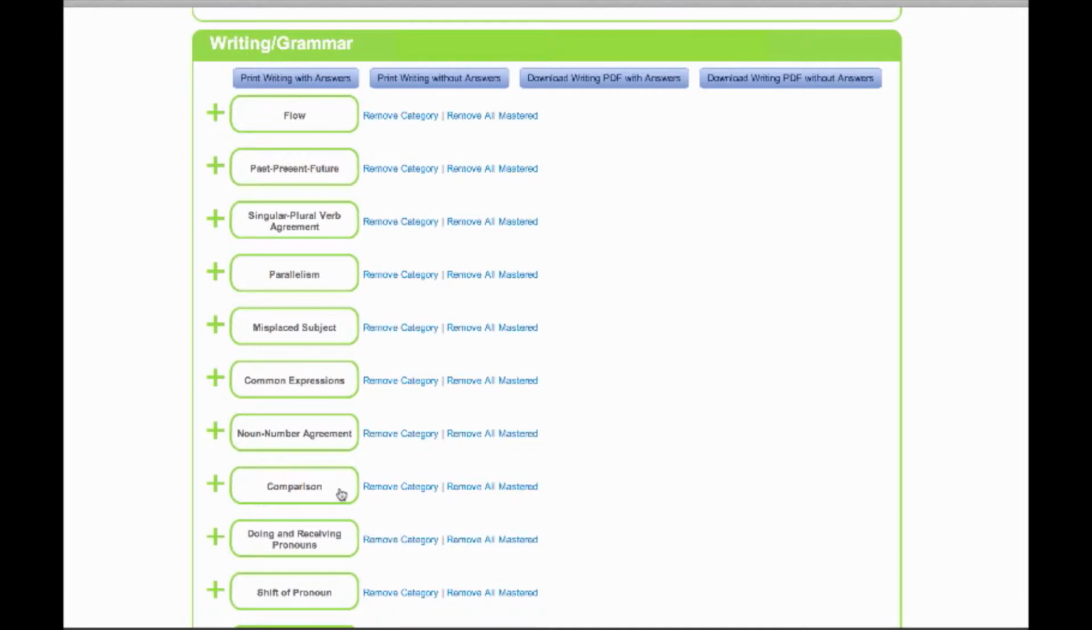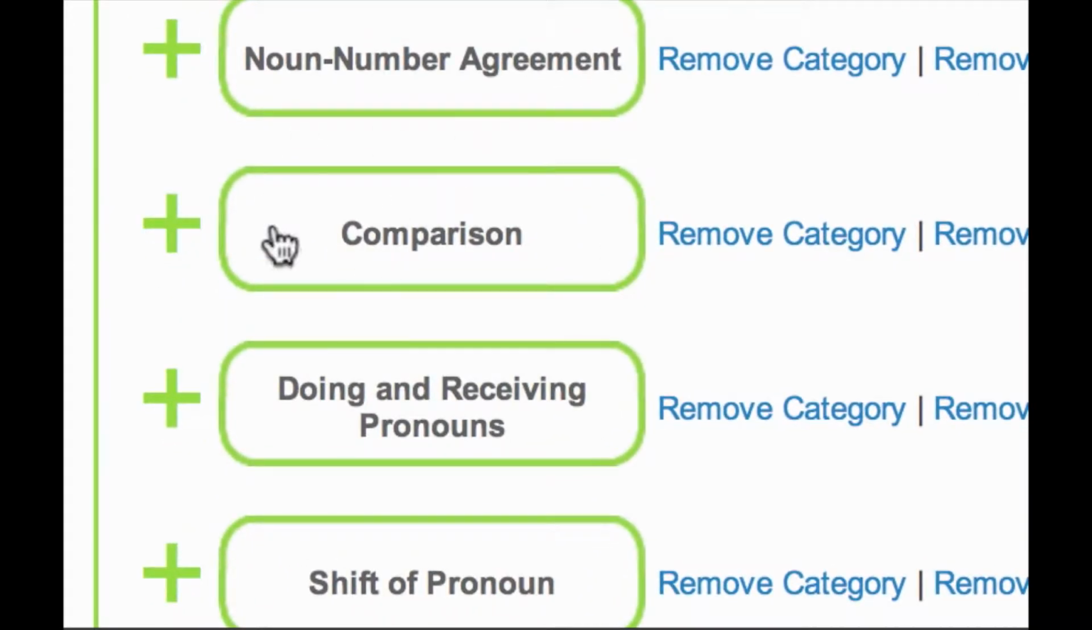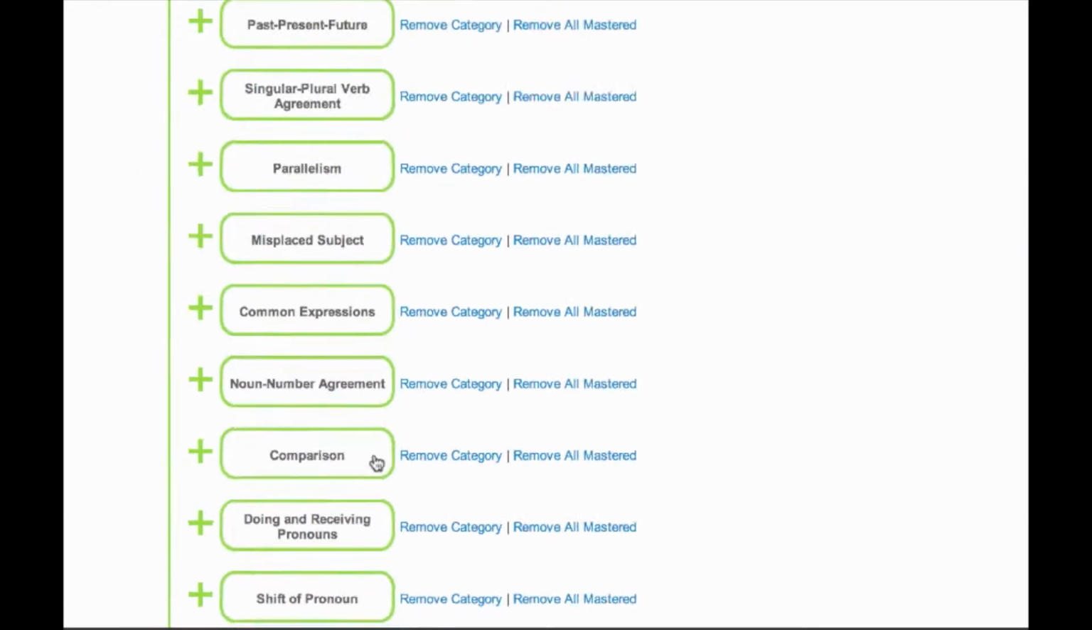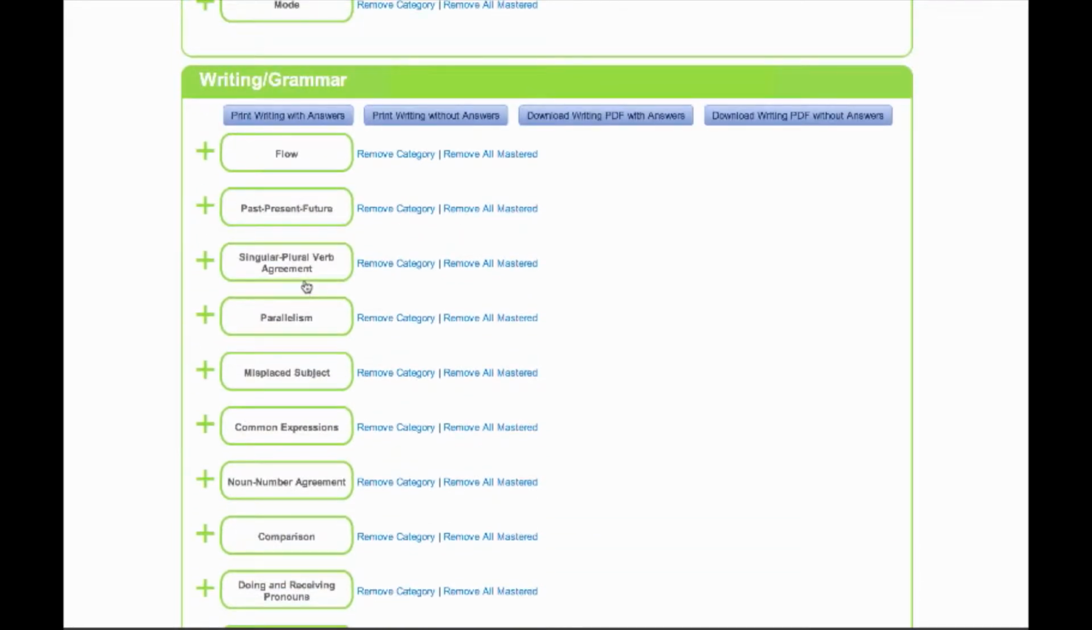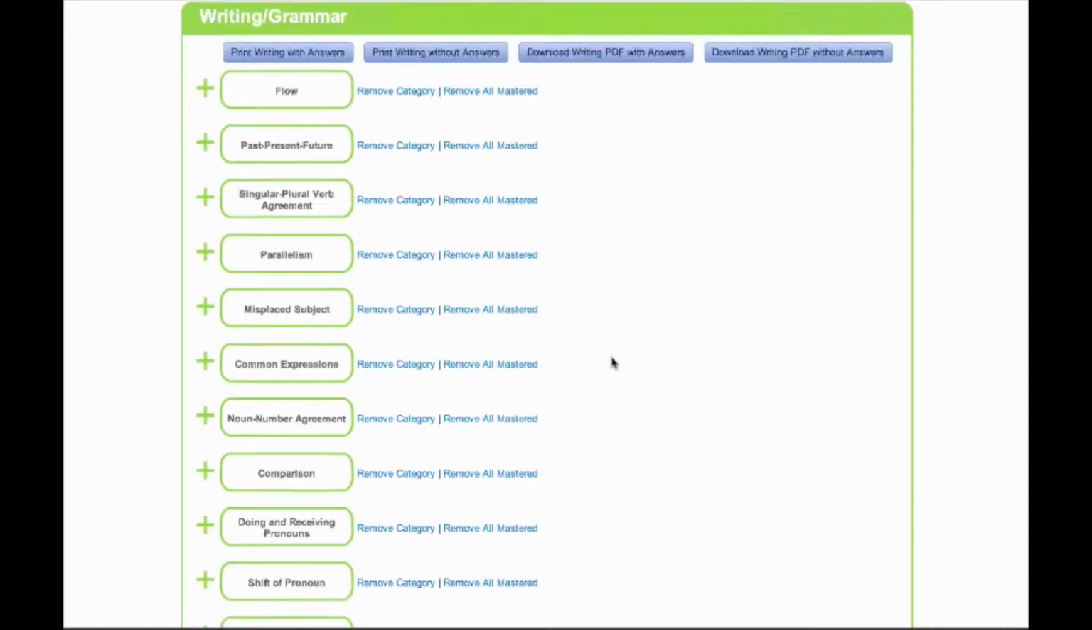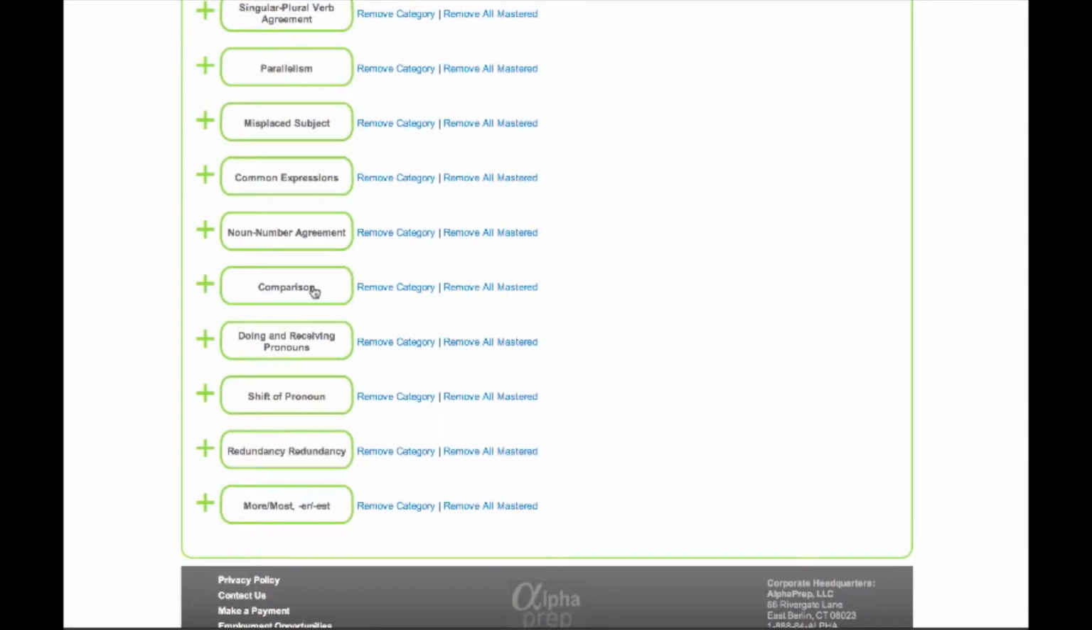Now, comparison questions are all the way down here. All that means is that they are an important question for me, and definitely more important than doing and receiving, pronouns, shift to pronoun, redundancy, more, most, or est, all of that. But at the same time, it's not as big a window to change my score as all of these other categories. Given that this is the one question that we're talking about now, I am going to go ahead and